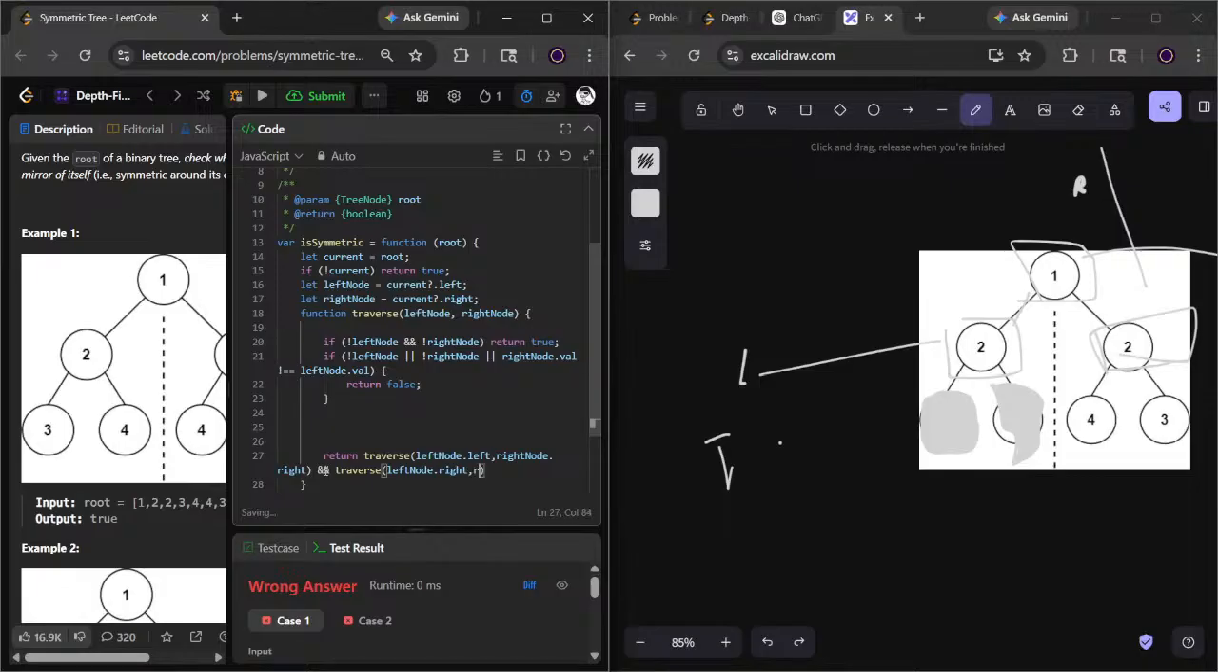लेफ्ट नोड डॉट राइट नोड डॉट लेफ्ट। अब इसका भी हो रहा है, राइट नोड, लेफ्ट नोड का राइट एंड राइट नोड का ये। अब I think दोनों का कंपेयर हो रहा है अब। पता नहीं यही इशू था क्या, देखता हूँ।